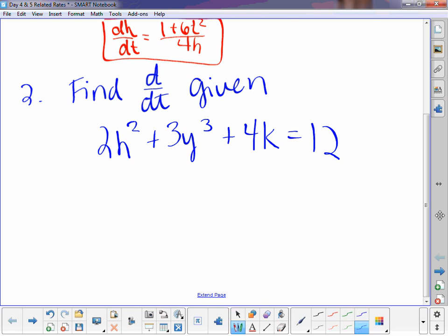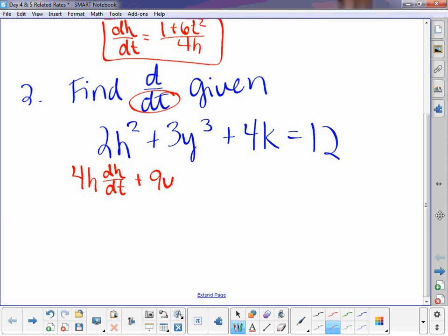Okay, so for number 2, it says find the derivative with respect to t. What is different between number 2 and number 1? There is no t. Good. Number 2 is not specifying the derivative of a particular variable, so we're just taking the derivative of the whole thing with respect to t. Anytime I take the derivative of a variable other than t, I must do implicit with it. So I have 4h dh/dt